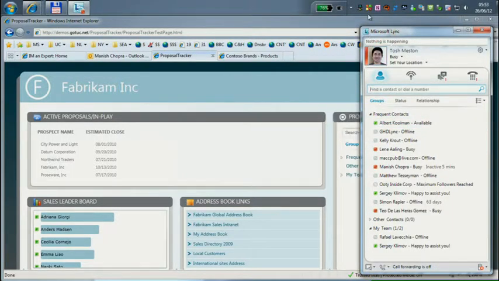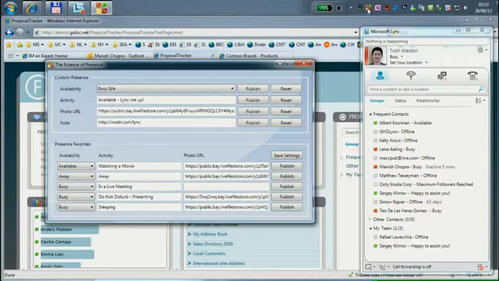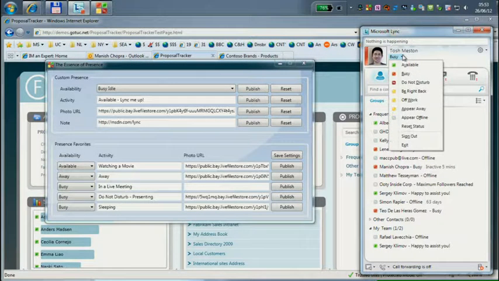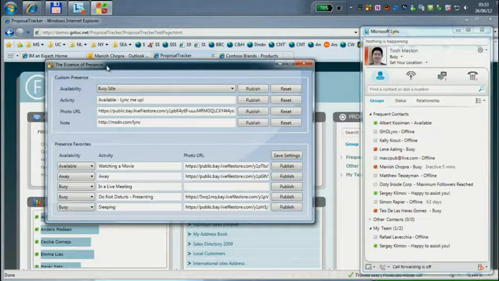But I've got here a little program that we have built using our APIs. When you are using Lync, just like you have in Live Messenger or in Skype, you've got this available, busy, and away state, or offline, of course, as well. And you can set those typically by just going into your program and selecting it from here. However, what many people do not realize is that there is an API for that. So there's an API in C# that you can use to actually set that presence.